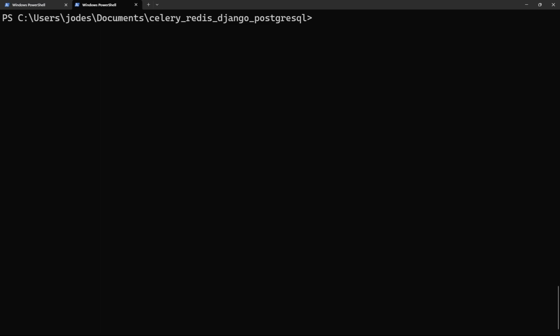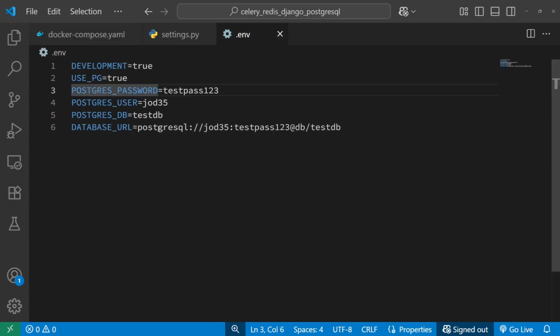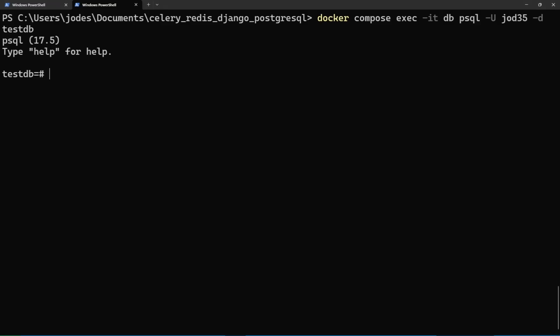So that means we can also exit out of that and still do the same thing for our database. This time we can do docker-compose exec, and then we can run our -it. For our case, we want to run the db service, but we want to run psql. We can specify our user to be the user we created in our environment variables, and the database we want to connect to as our test database. Let me just verify the spelling of that, which is test database. So if we run that, we shall be inside our PostgreSQL shell,